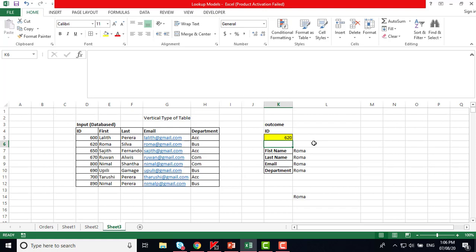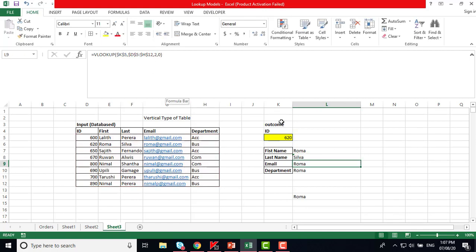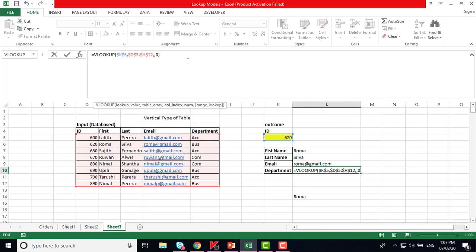Get why? Because here the column number needs to change. Now once you finish that, you just go to the next item, change the column number as number 3. So then go to the second name. Then go to the next one. Change only the column number 4. Then go to the next one. Change the column as column number 5.